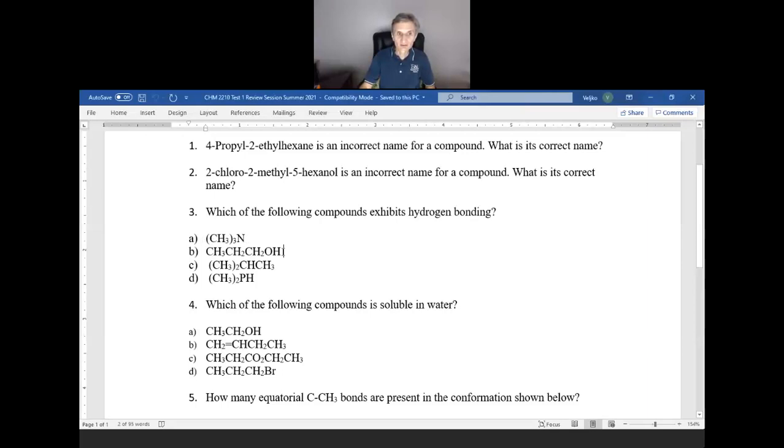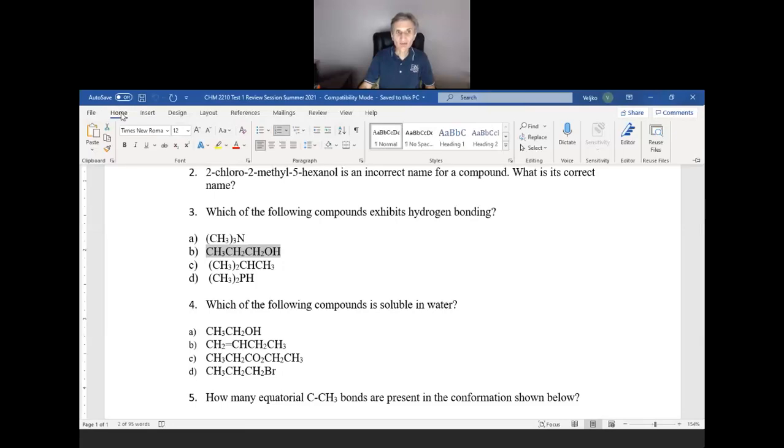So this one exhibits hydrogen bonding. That's alcohol, propanol. And so that's correct answer, B. Because we have OH group, hydrogen attached to oxygen. So compounds that would exhibit hydrogen bonding on their own are compounds where hydrogen is attached to oxygen, nitrogen, or fluorine. Next, we have a molecule of